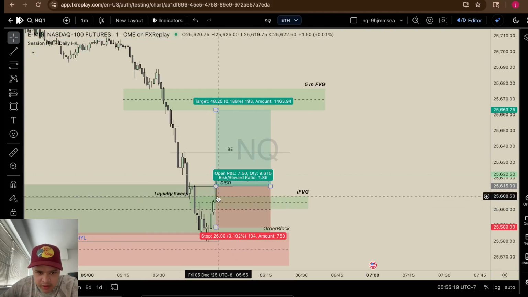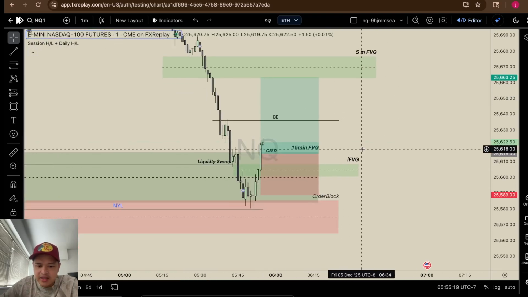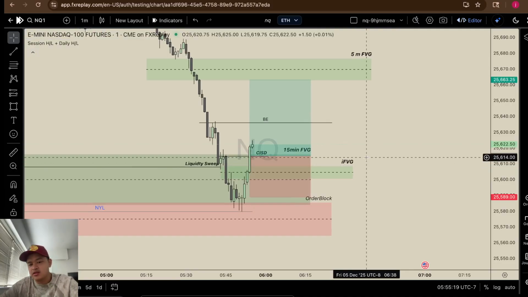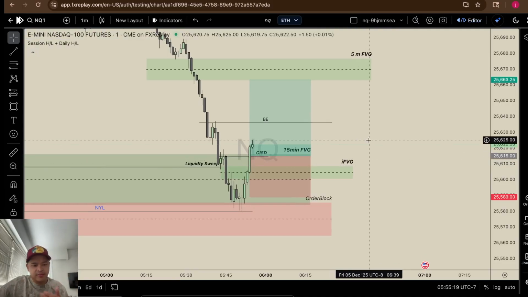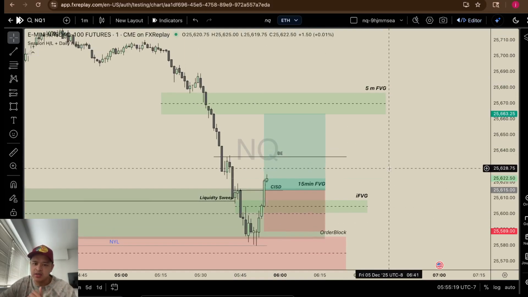But we're gonna be careful because we're heading into 6 a.m. So this is gonna be a risky trade. Remember I said don't trade between 6 a.m. to 7 a.m. but we have this banger setup right before 6 a.m. so there's a good chance we're gonna hit something. Okay,